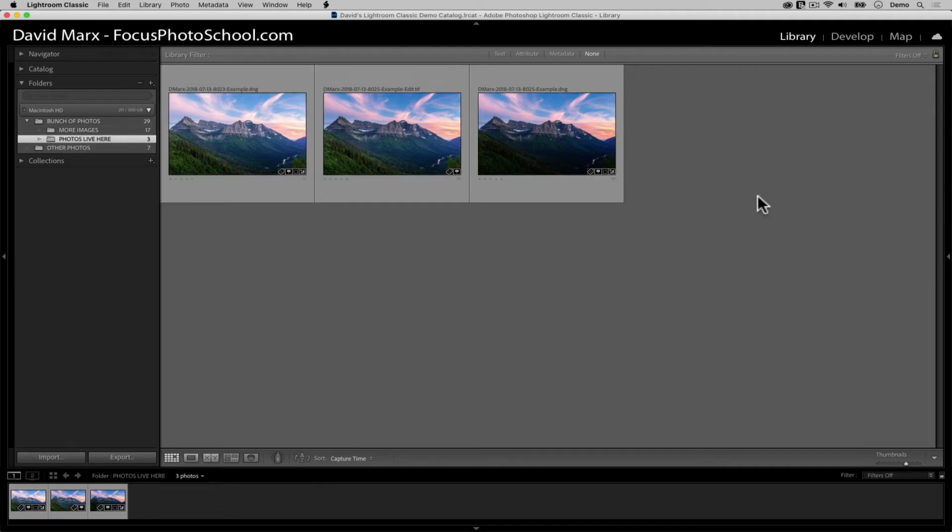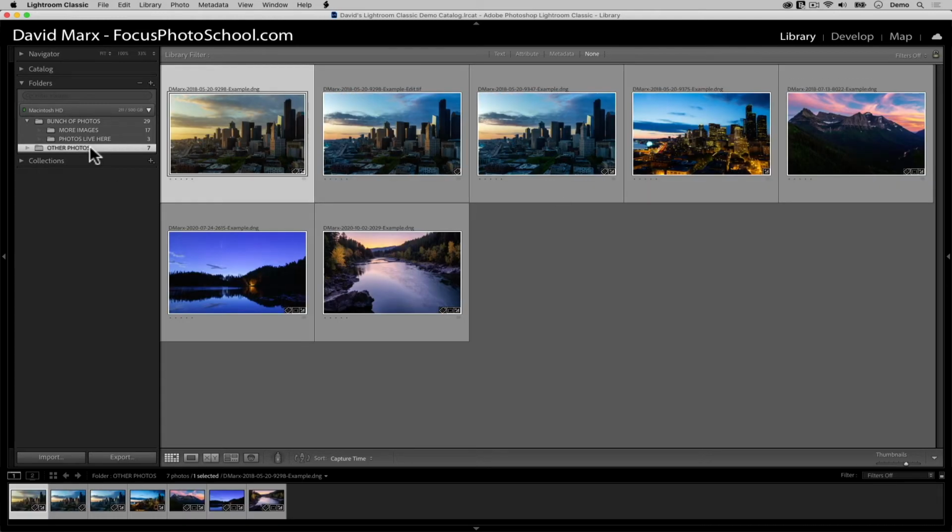organization system. So now that we have these skills under control, let's talk about how to move an entire folder full of images from one place to another. If you have a folder like this one, and you want to move it inside of some other folder, then once again, all that you need to do is to drag and drop. This time, the key is to drag the name of this folder over top the name of another.